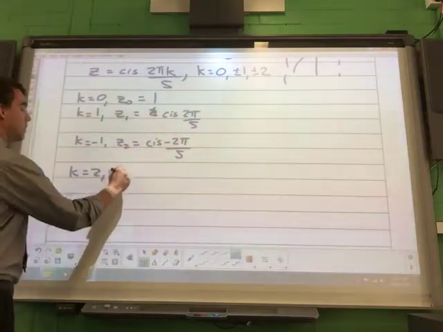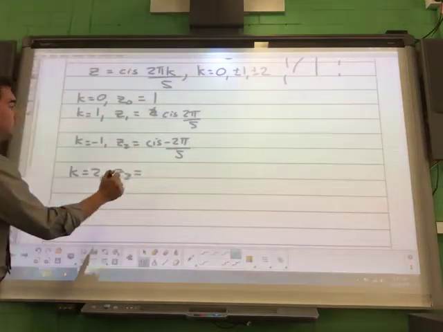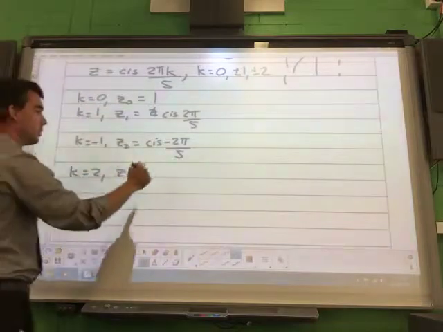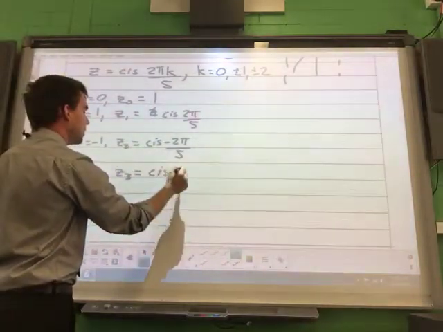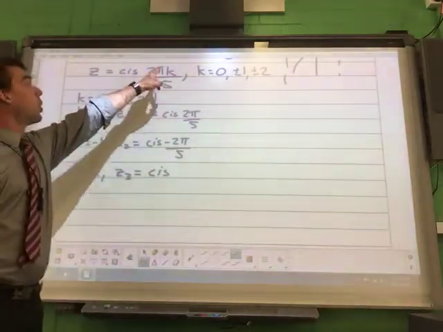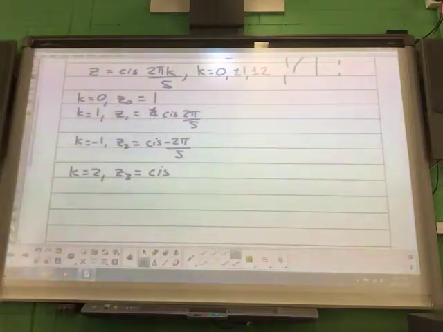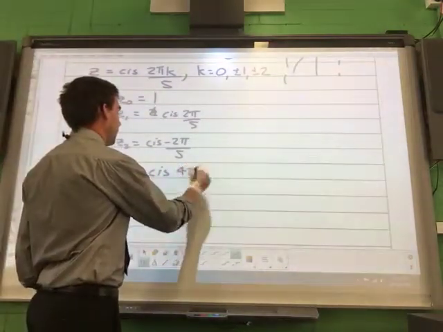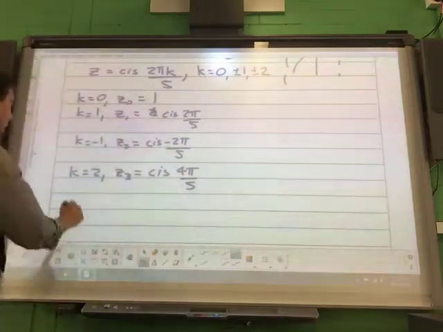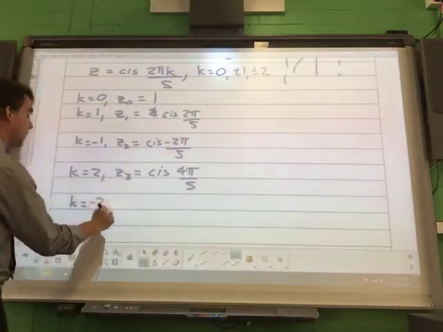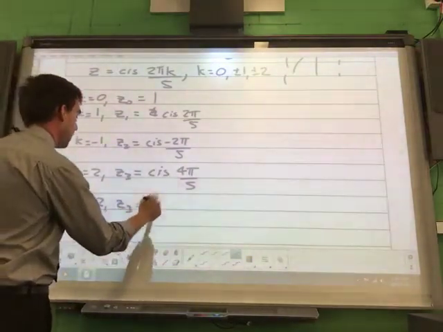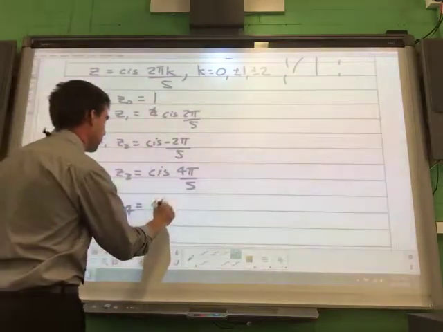K is 2, z3, just ordering roots in order: cis of 2 pi times 2, so 4 pi on 5. And k is negative 2, z4, it's going to be cis of negative